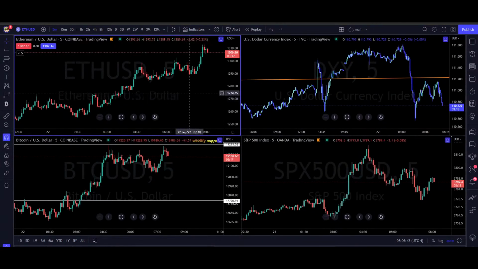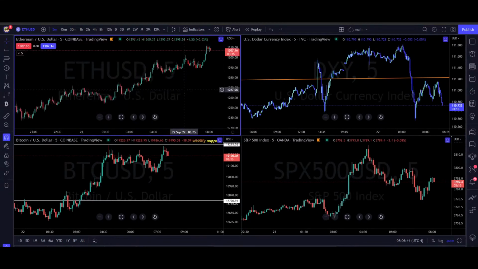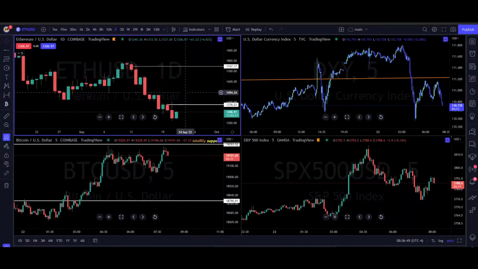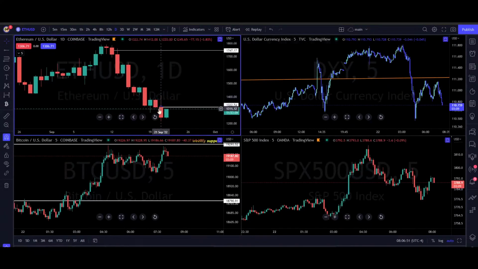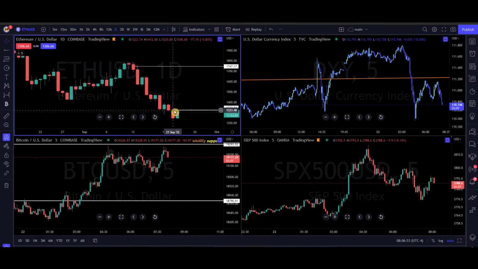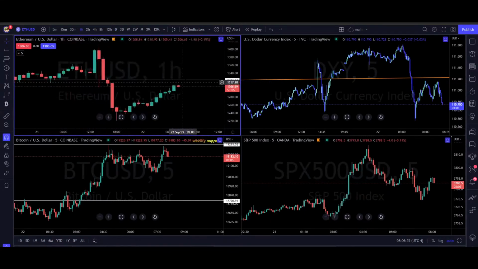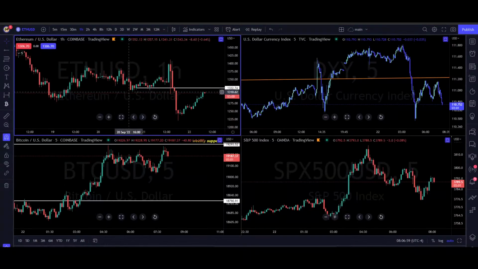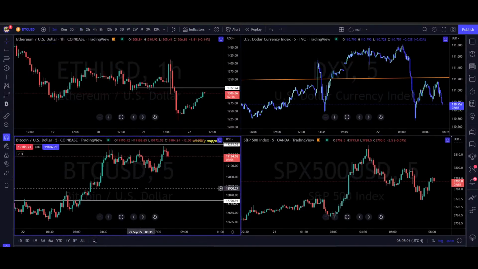So what does that mean for Bitcoin and Ethereum? Well, as far as Ethereum goes, Ethereum has just made a fresh daily high. If you come over here to the daily time frame, you can see that you're coming into yesterday's open, and that area could act as a little bit of resistance. We don't currently have an area to look for any trades on either Ethereum or Bitcoin.